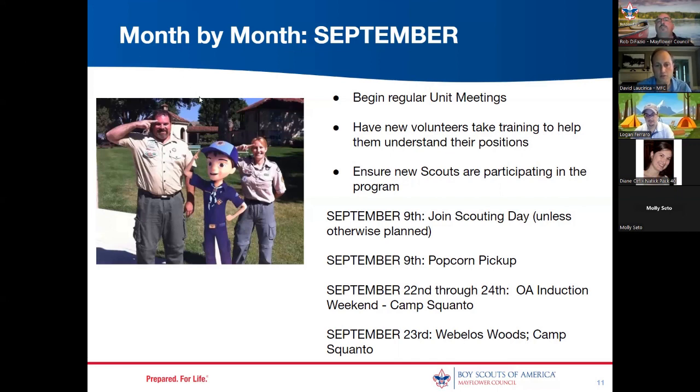Make sure that they are already well into having those den meetings and kind of feeling the value for what they've signed up for. So the other thing too with the new volunteers, David, the online training is all available on my.scouting.org. So once you have these new volunteers in place, have them start watching some of those videos. That's really important because they can hit the ground running, right? They can, and I mean, yeah, it's at all levels. So obviously they've already done their YPT at this point, but you really want to get them unit specific or position specific trained. A trained leader makes for a good leader.